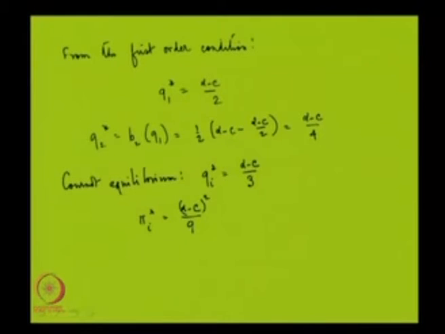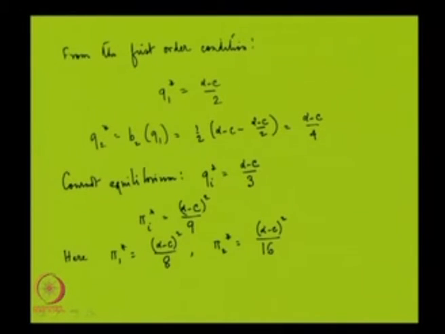So, this is something which we have done before, whereas here, if we plug this Q1 star and Q2 star in firm 1's profit, we shall get the following expression: alpha minus c whole square divided by 8, and similarly firm 2's profit will turn out to be alpha minus c whole square divided by 16,